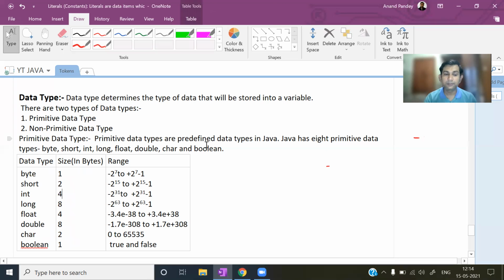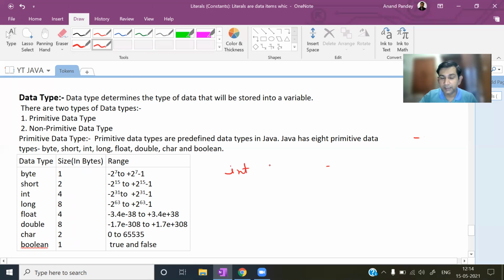So these are primitive data types. Okay, as you know, if you are declaring a variable of int type, int a, what is this int indicating here? It is indicating that the data which will be stored into this variable will be of integer type.